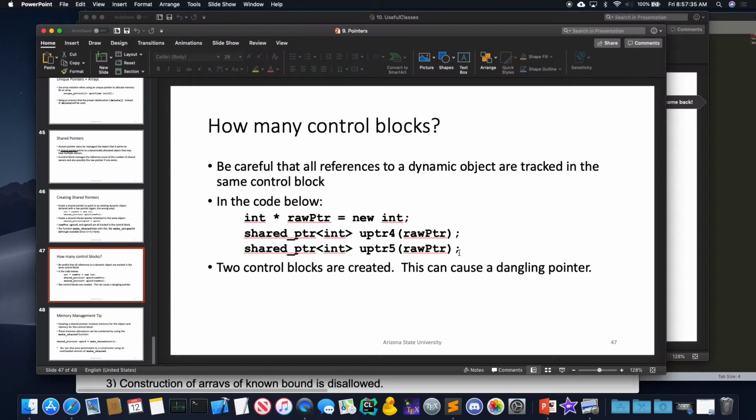Whereas if I did this instead, if I constructed uputter 5 from 4, the other shared pointer, then they're in the same control block, okay? Because it's being created from another shared pointer, so they maintain the same control block. I've never actually seen this in code, but if you happen to encounter this, try to avoid having multiple control blocks,